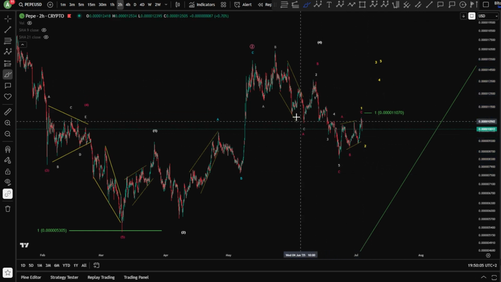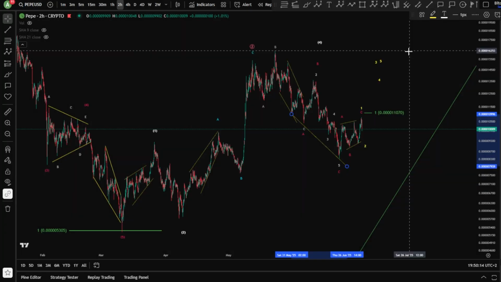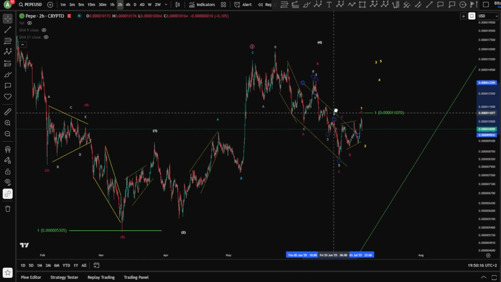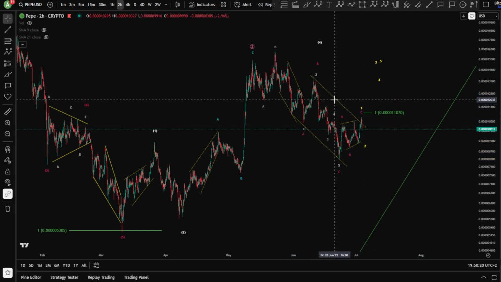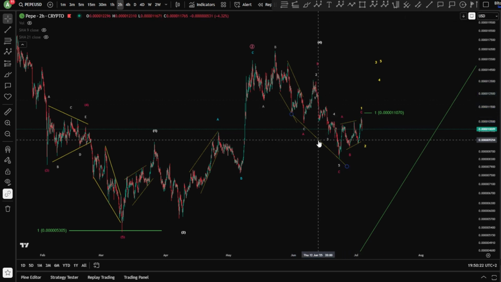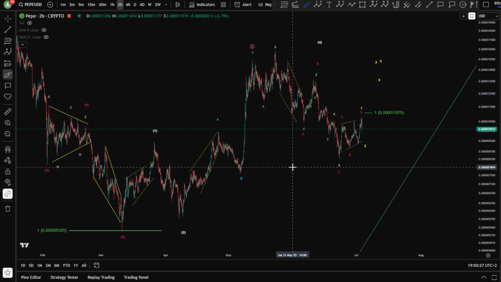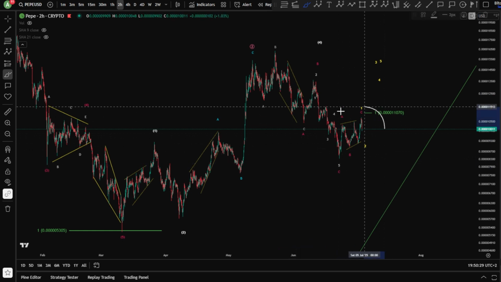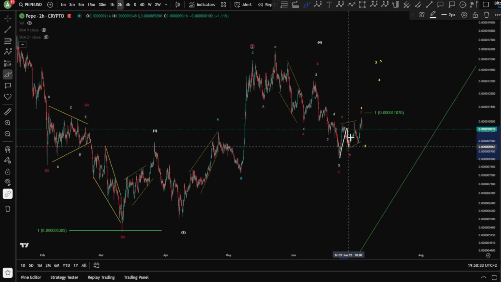However, this has gone out of the scenario because if you take the low here as a simple trend, you copy paste this one and you take it to the high, you see that we already broke this trend today, which means that this diagonal cannot really work anymore. This wave 4 is longer than the wave 2. Therefore, something else is unfolding, potentially bullish, where you have a diagonal again, like Popcat,